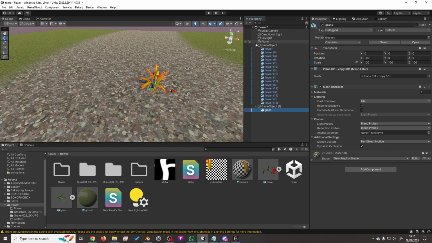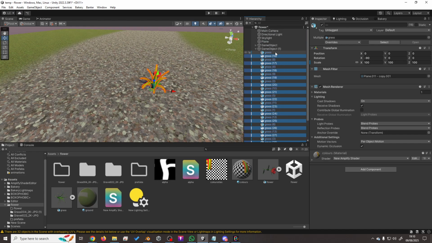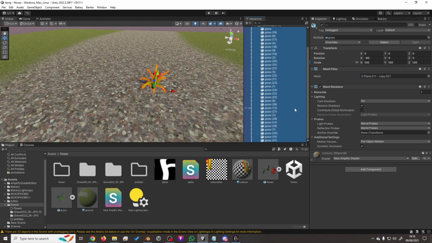And the grass, I want a lot more grass, so maybe 32 grass. So 4, 8, 16, and 32, or however many you want. Just delete a load if that's too much. So select all of the grass, and we'll start off with the